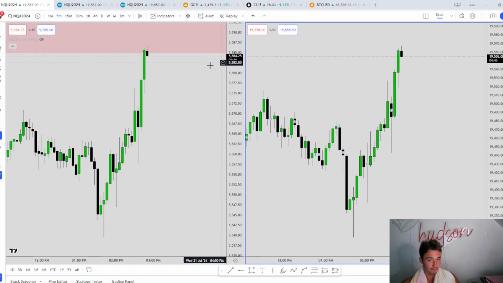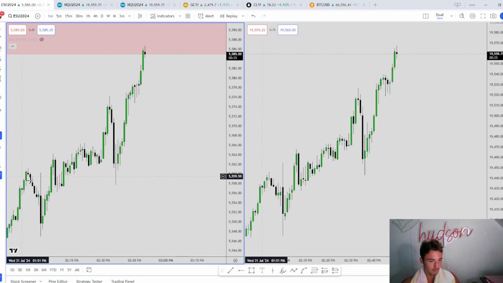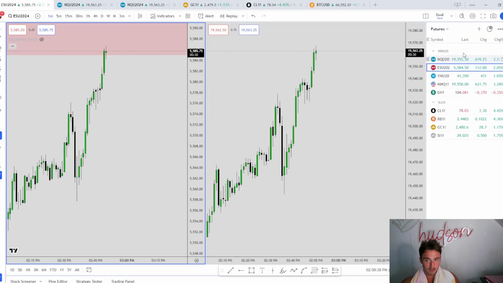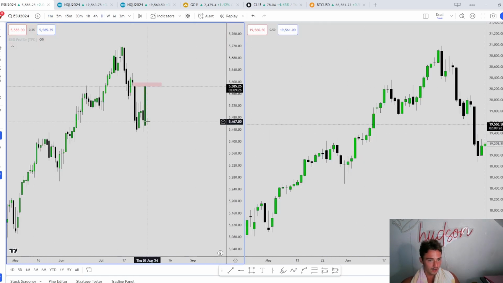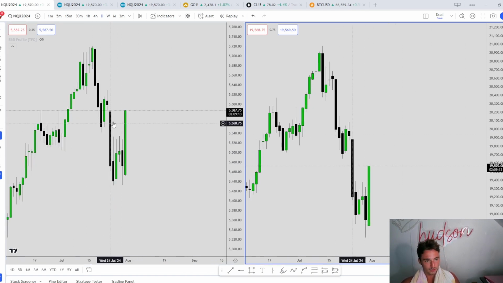But if we are going to reverse and start to take out some of these lows, it would happen right here. This is where I'd expect it to start to maybe get a retracement and maybe start taking out some of these lows. But I'm not going to try to catch a reversal of a day that we're just going straight up 620 points. It's like trying to short this day or trying to long Wednesday of last week. It's the exact same scenario. Trying to long this is the exact same as trying to short this move. So I'm just not going to try to catch anything for the remainder of the day. I'm just going to go swim a little more and then go work out.